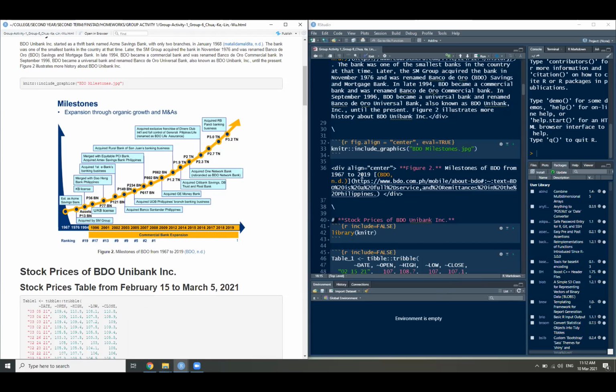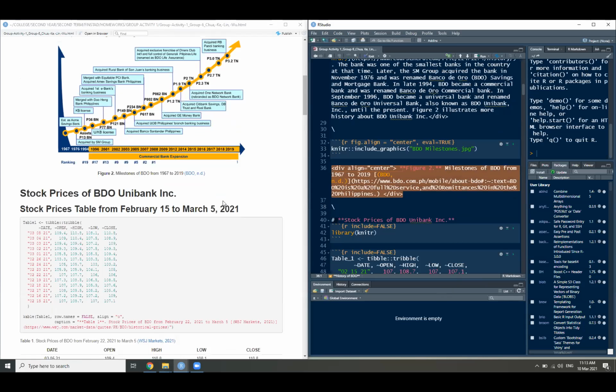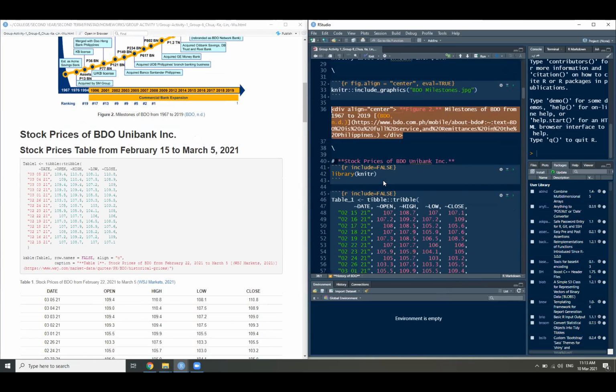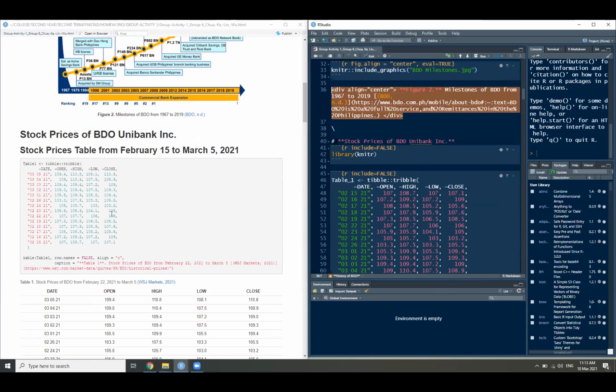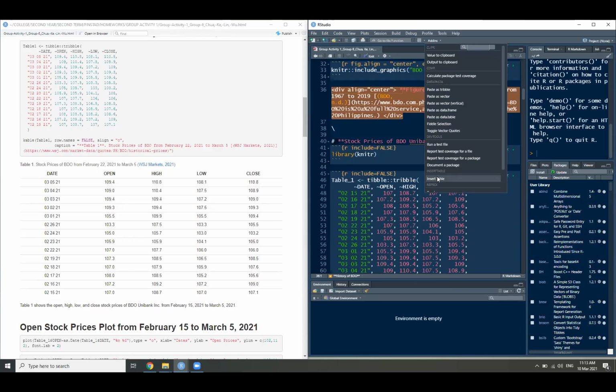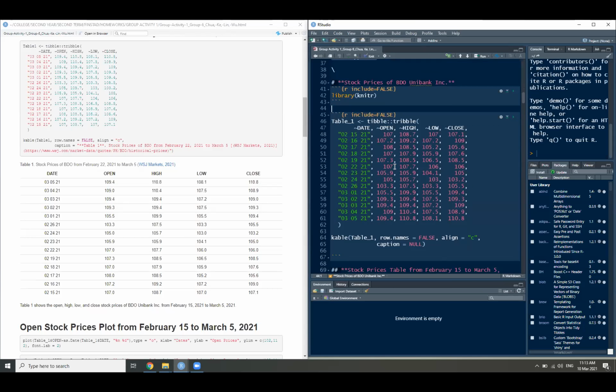Okay. Then, again, we inserted this one for APA format. Then for next is stock prices of BDO Unibank Incorporation. So the first one is a table. So we inserted this by using add-ins. There's insert table here. So yun yung ginamit namin. Then inedit na lang namin ng onti yung mga kailangan namin,